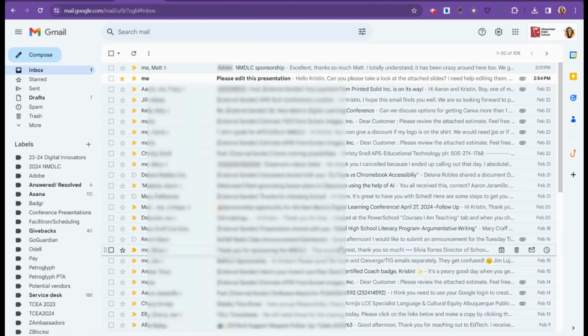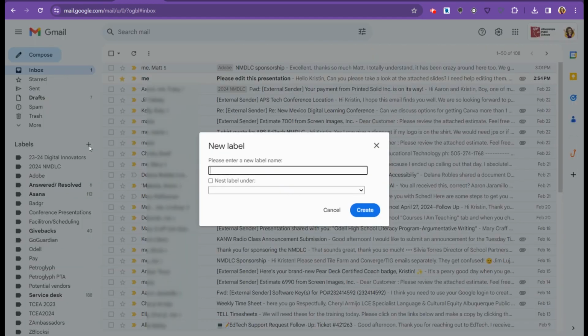In this next video, we're going to talk about how to use labels, sorting, and filtering to organize your inbox. There are a couple of different ways to create labels. I have my labels turned on over here on the side. That was something I turned on in settings. You can always click the plus button and then create a new label here for however you want to organize